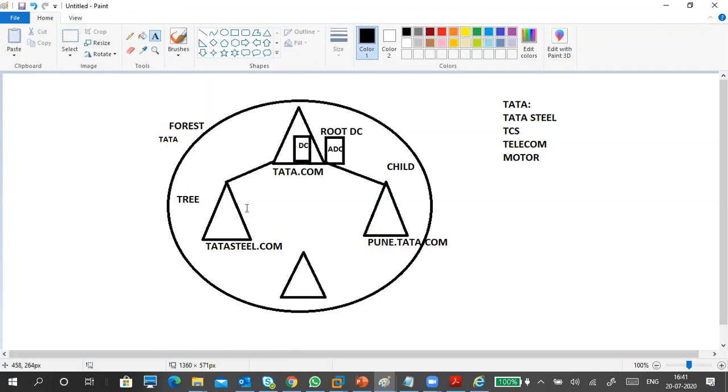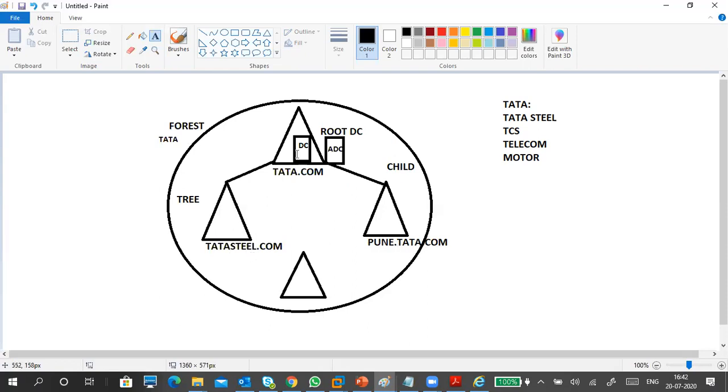It is an individual domain, but it belongs to the same forest. It belongs to the Tata forest only, but it is a different domain. It is not Tata.steel or steel.tata. It is TataSteel.com. That's very straightforward, not any extra names.